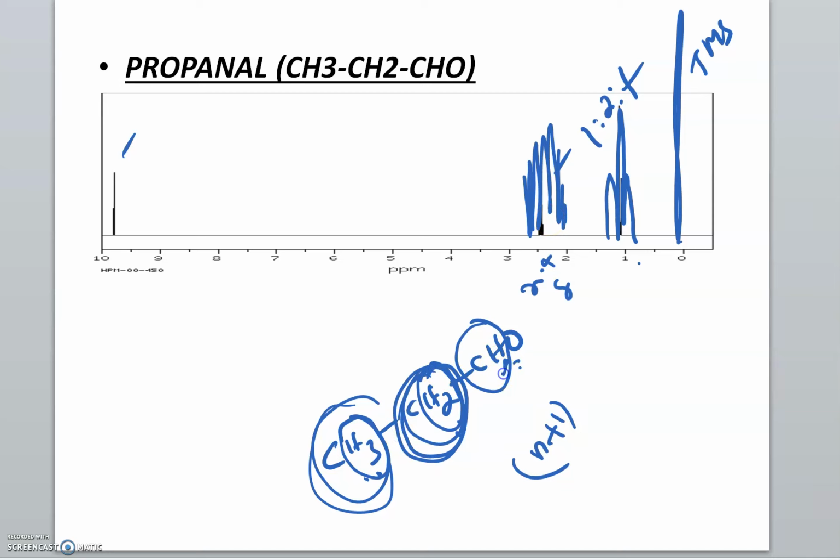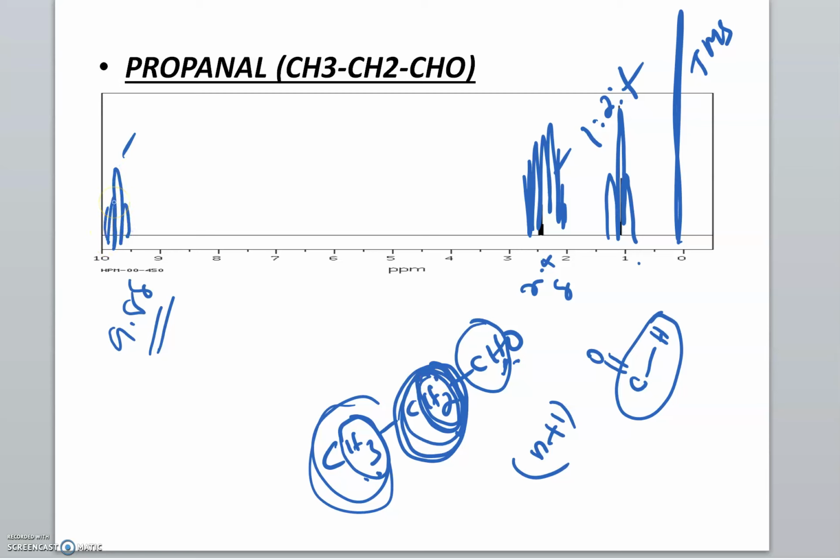And for this CHO, actually this CHO is like this. Okay, and this CH line will be at a very high delta value, about 9.8 delta. We get a triplet due to the splitting by these 2 hydrogens. We get a triplet here, like this. Okay, the very high value of delta for this hydrogen is because it is very less shielded,